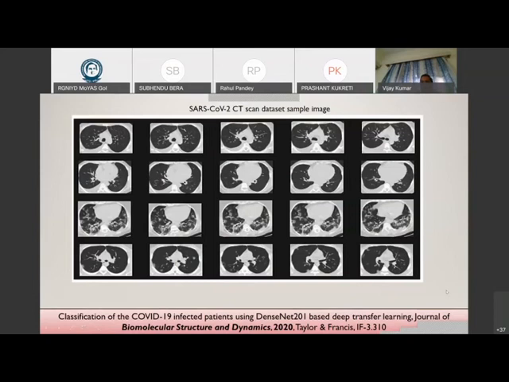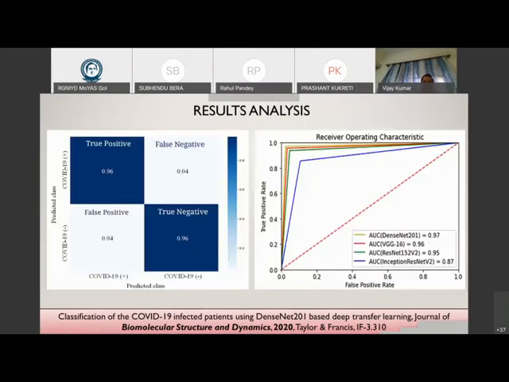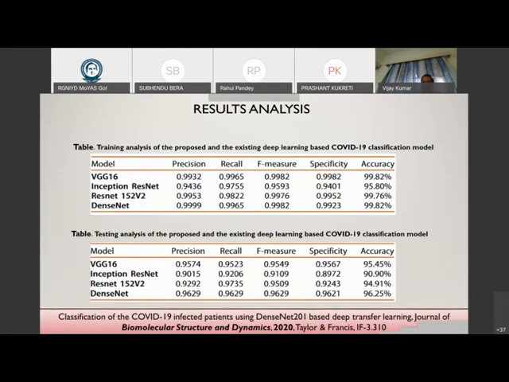And these are the subsamples of the SARS-CoV-2 CT scan that will be utilized for the predictions. After that, we have identified the predicted and actual classes, and we have found the true positive and true negative values. Similarly, we have to find the receiver operating characteristics. And we have compared DenseNet with VGG16, InceptionNet and ResNet152, and in that case we found that accuracy is 99.82, but the data is very limited